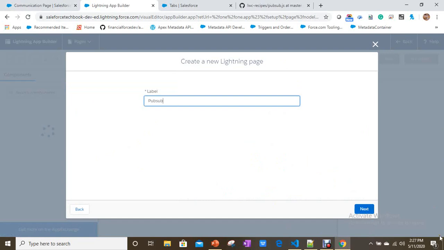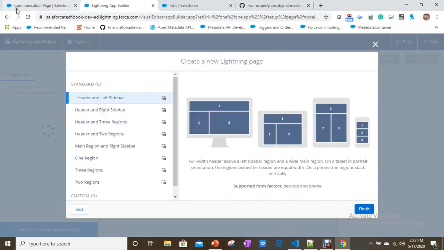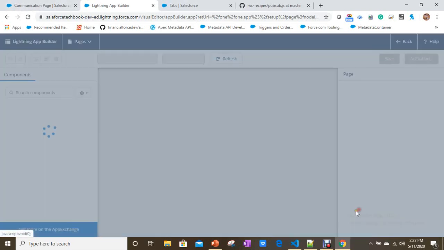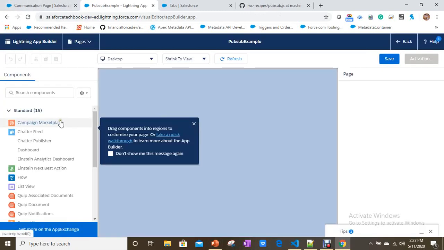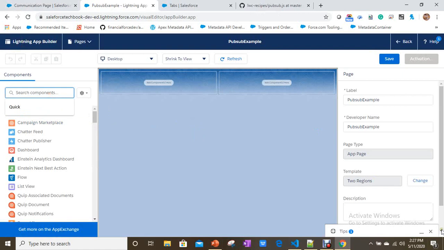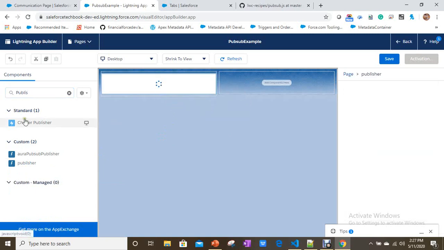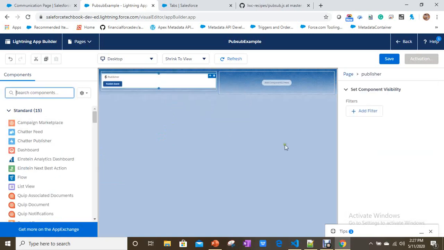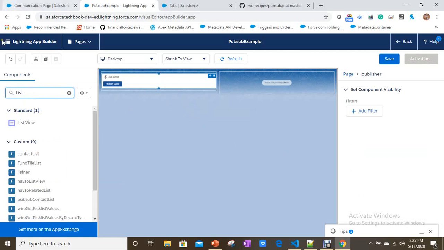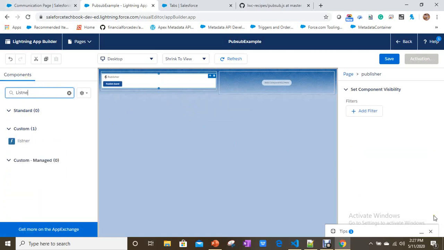PubSub example, and I'm taking two regions, one finish. So what's our component? Publisher. So this is the first component and listener, another component. Save.